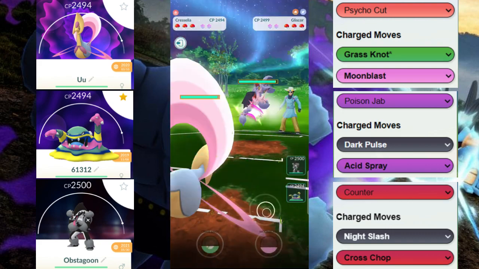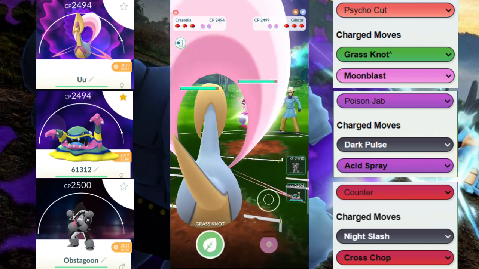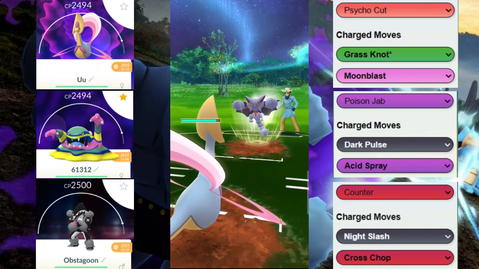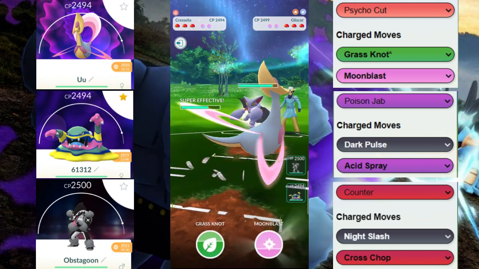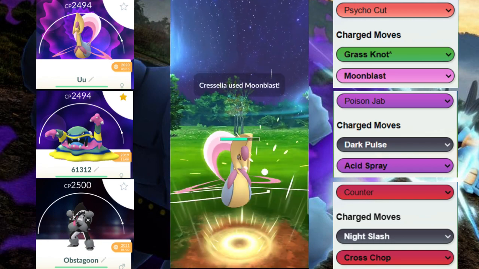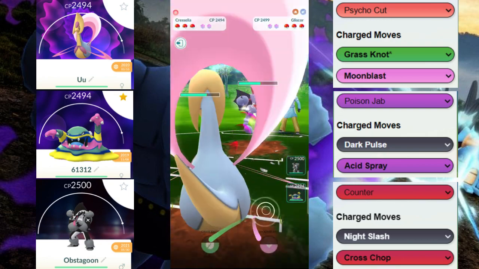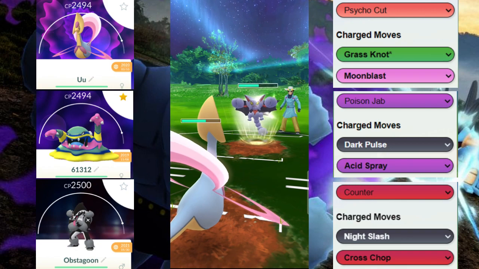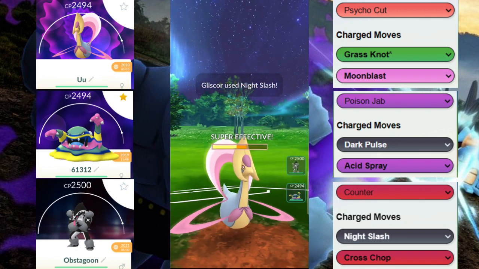Here, it's kind of a neutral-ish matchup. This Gliscor is going to be able to get Night Slashes off, so it's all dependent on if they get the attack boost or maybe we get the attack debuff here. It could change the outcome. So far, none of us have gotten the boost, but they are going to be able to outpace us to these Night Slashes. Let's see if this next one is...